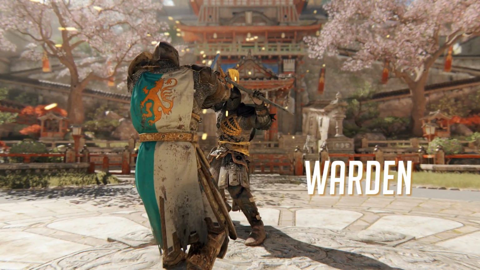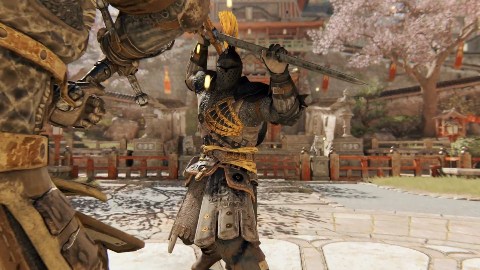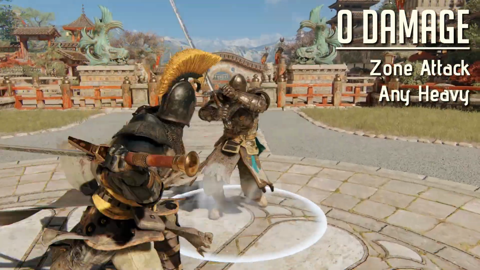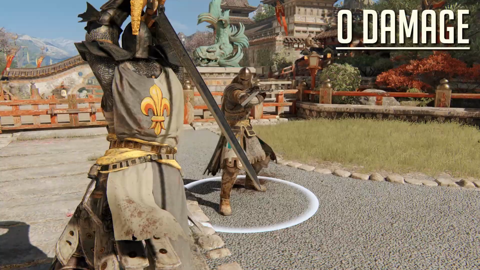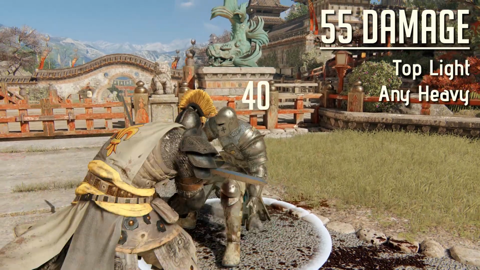And we begin with the Warden. The maximum damage you can deal off of an out of stamina parry is zone attack, any heavy attack at 60 damage. This consumes a lot of stamina, so alternatively you can do a top light, any heavy attack at